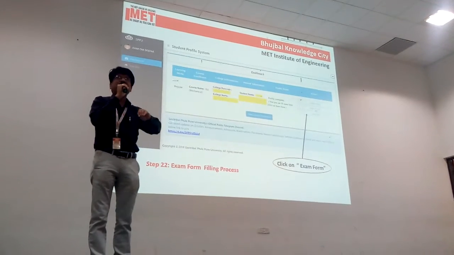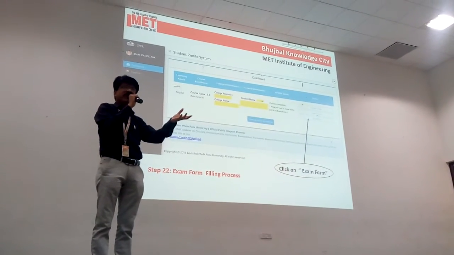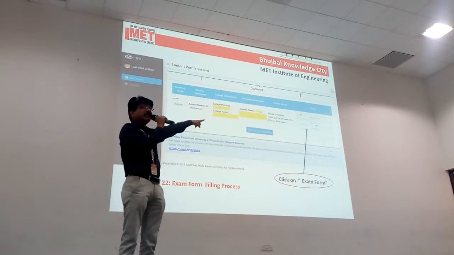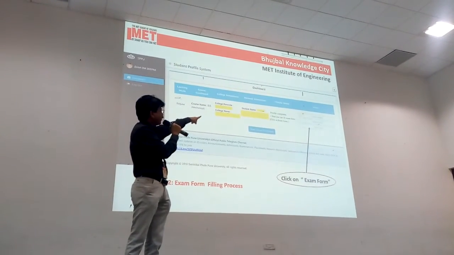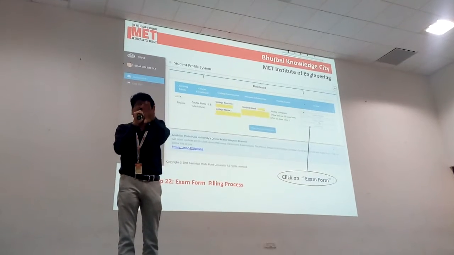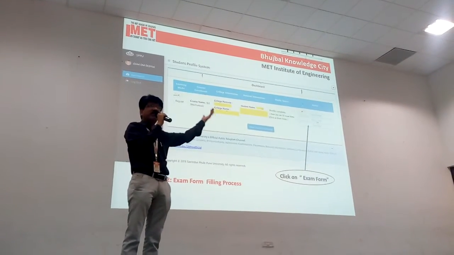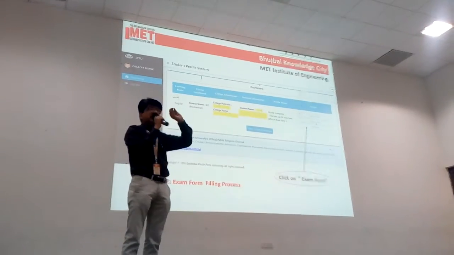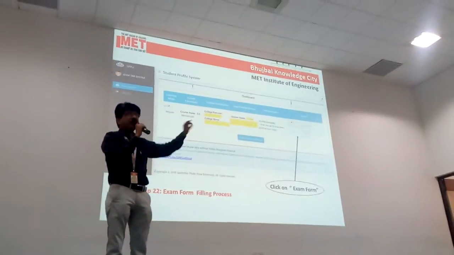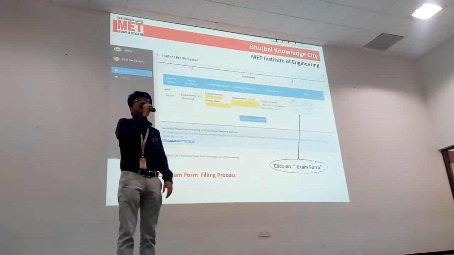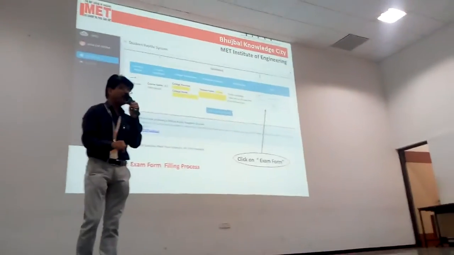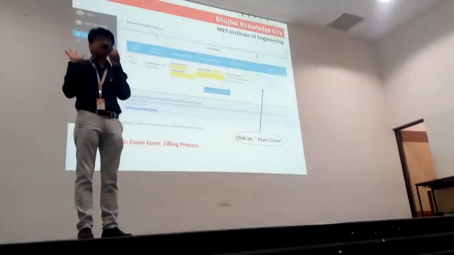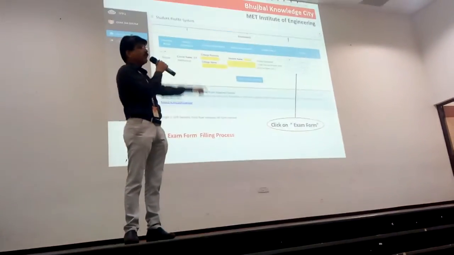If it is incomplete due to timeout or network problem, then on the right hand side under last action, update profile is given. You can just click on that update profile and, wherever you left off, start preparing it from there. Okay. The last one, please take care here, because the middle option is given as delete profile. By mistake, if you click on delete, you have to repeat the whole process again. Okay. Last is exam form.